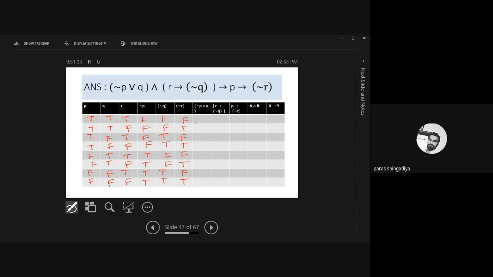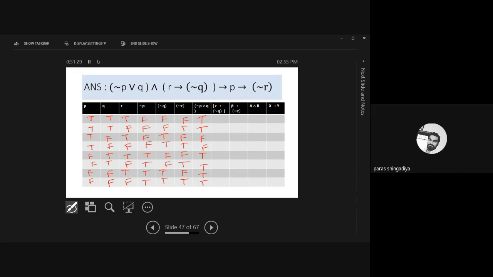Then after that the conditional to A3. So in A1 and A2 we compare negation P or Q column. So negation P or Q. Just check the place where both reflect the false outcome. You have to compare negation P or Q. So in this third row both are F and the rest of all the entries will be T. Just verify your answer with that. If there is any mistake, please ask.